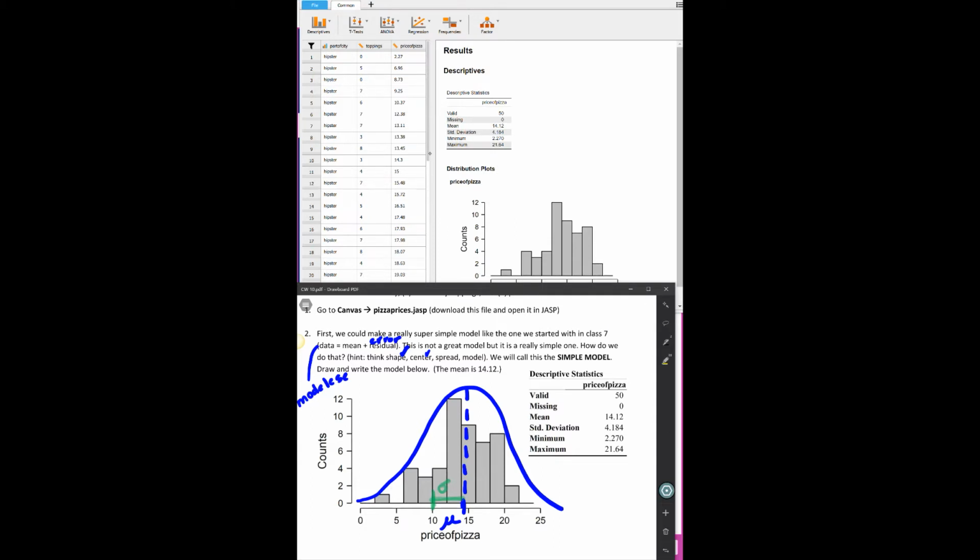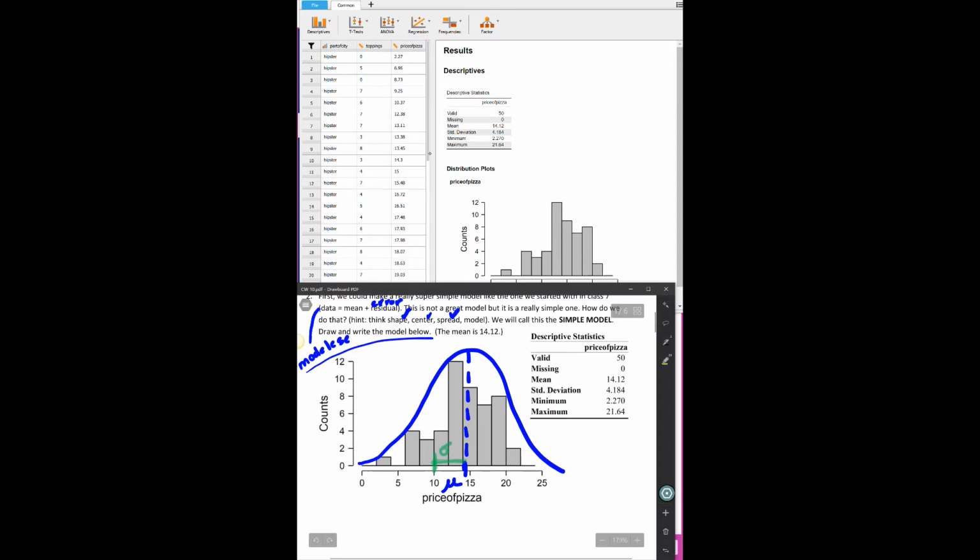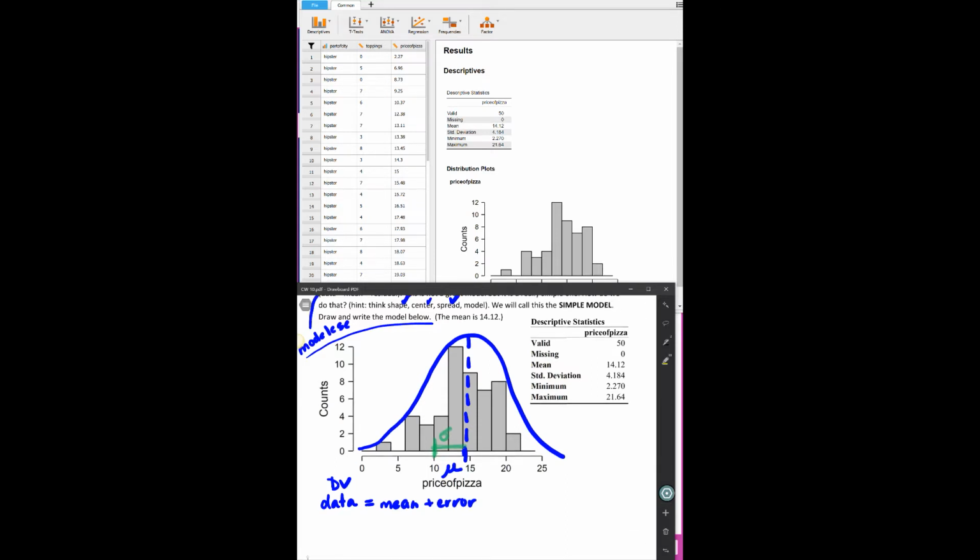So let's connect this with the modelese. Data equals mean plus error. The dependent variable here, or the DV, is what we're trying to predict or explain. In this case, that would be the pizza price. So price of pizza